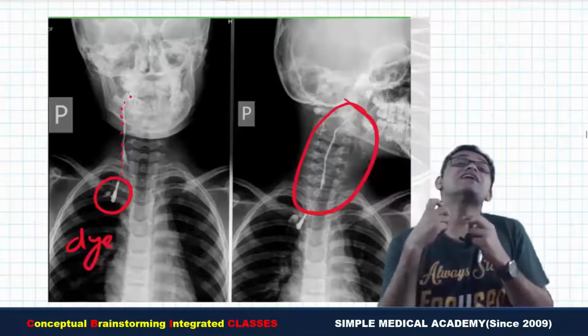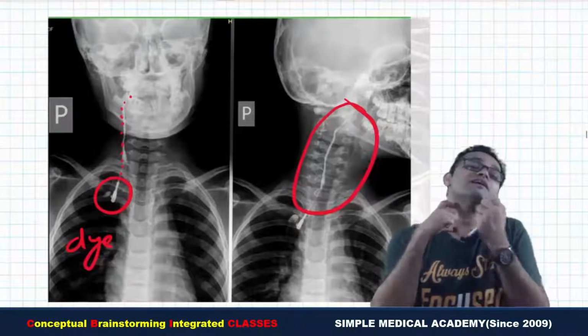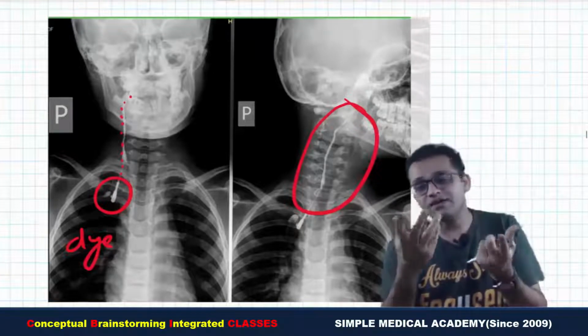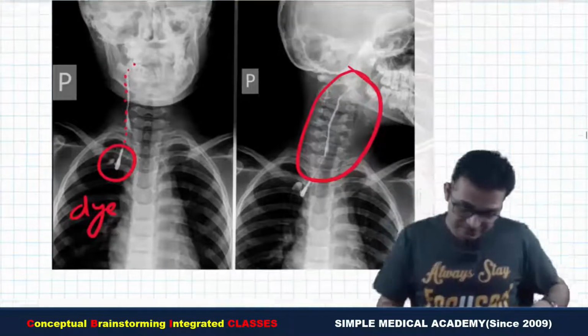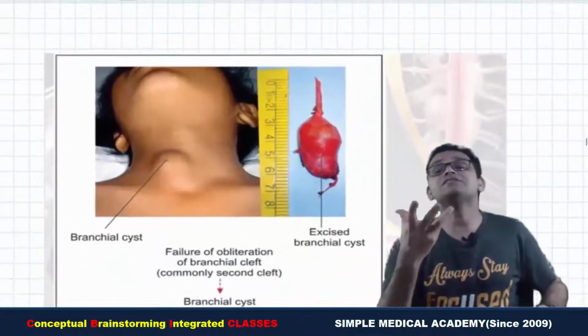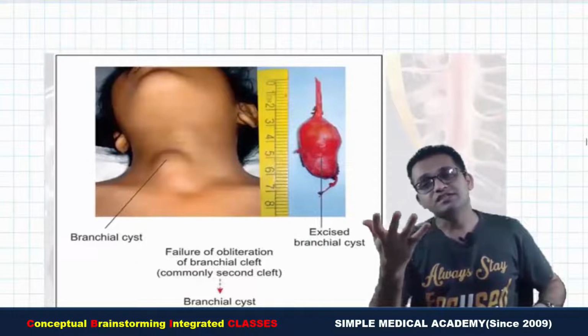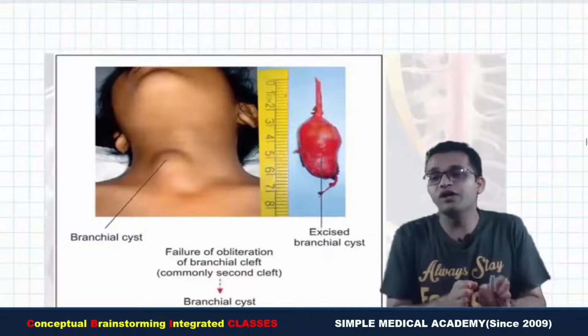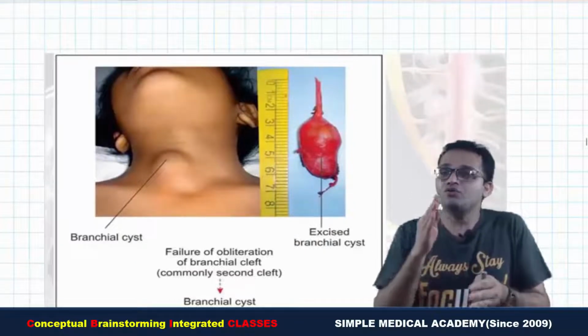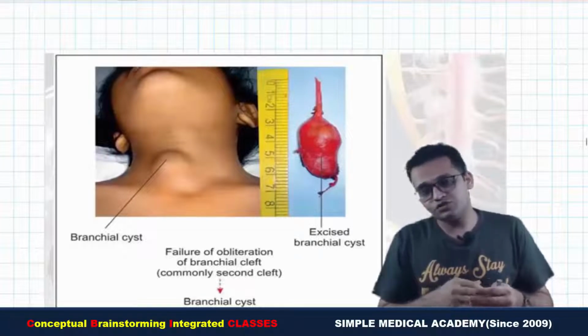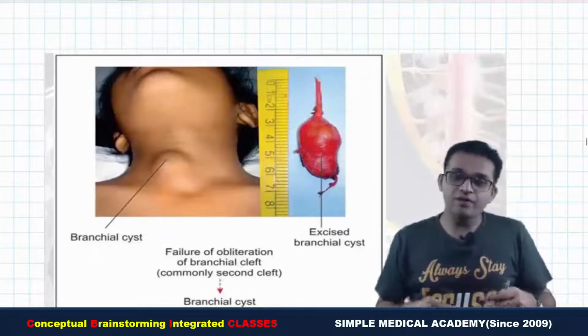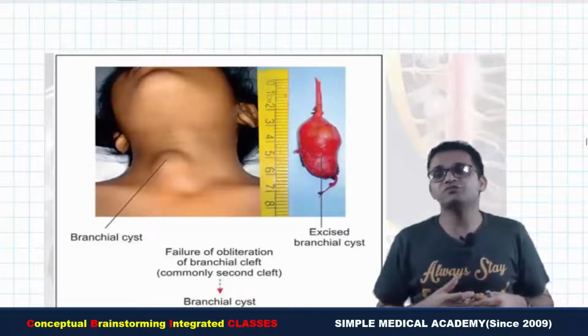But sometimes the dye is only at one part and the taste is not felt at the mouth, then it is a cervical sinus. And sometimes, can you see, only a mass is visible along the anterior border of the sternocleidomastoid, then you will say this is a cervical cyst. So this is the correlation of the embryology and the anatomy with your radiology as well as with your surgery. You will require treatment according to the severity of the disease.